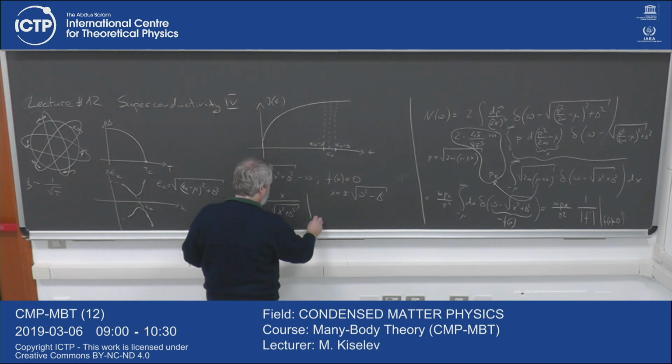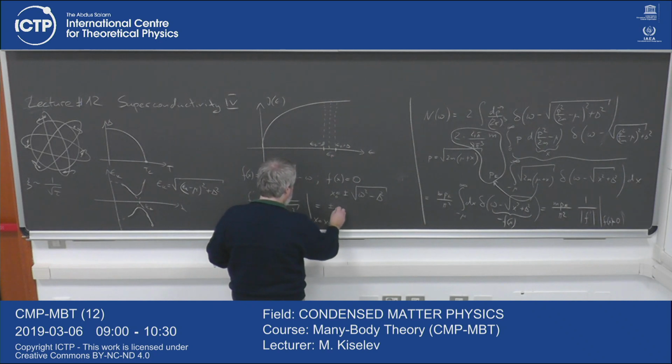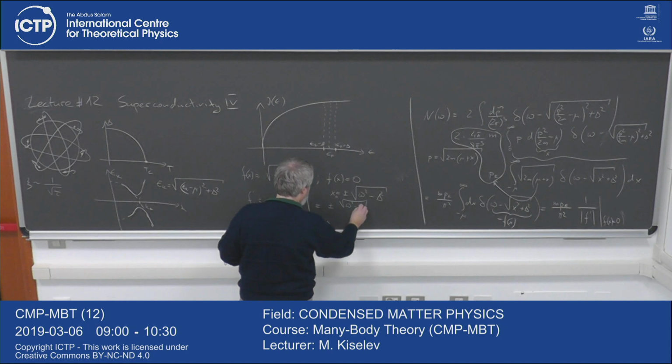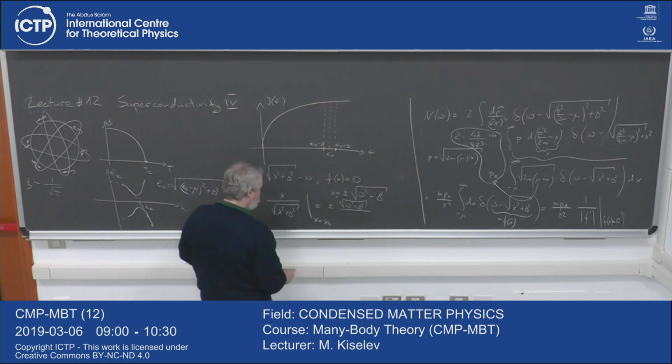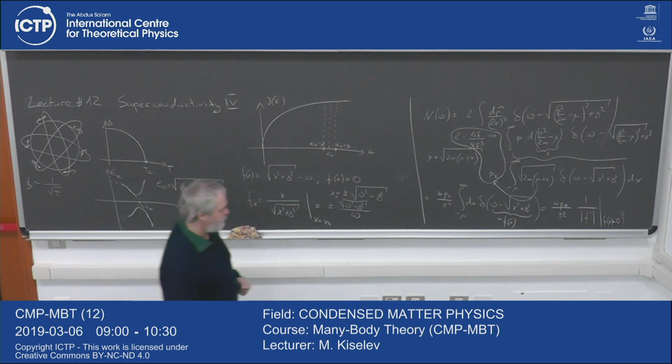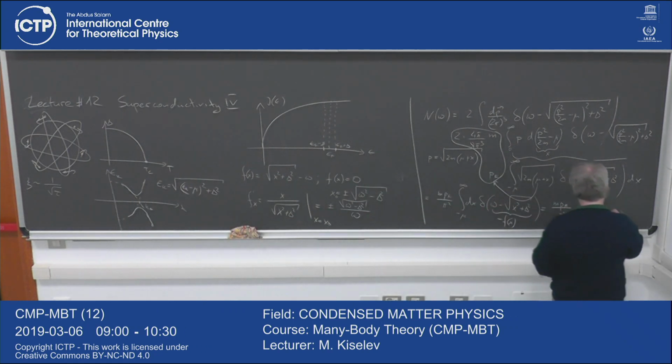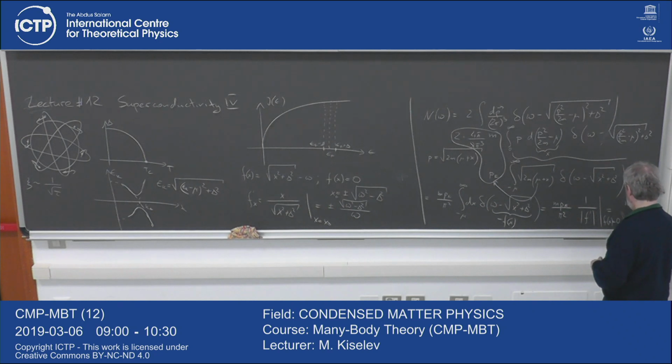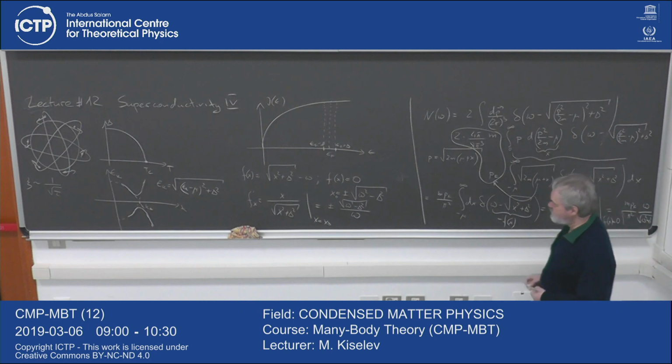Then at the point x equal to x node, this is plus or minus square root of omega squared minus delta squared, divided by omega. So what we see here is m pF over pi squared, omega divided by square root of omega squared minus delta squared. So the density of states,